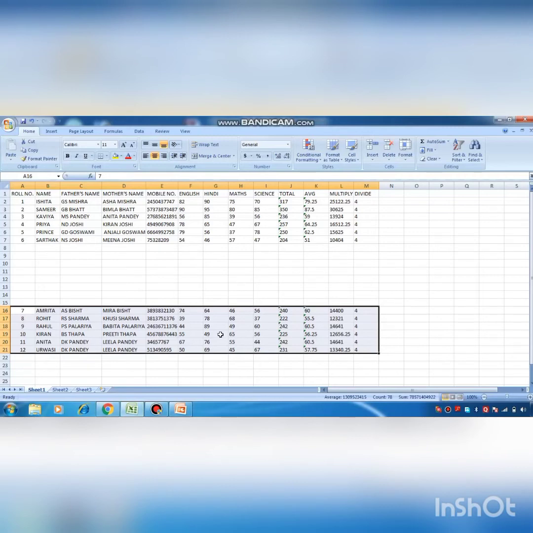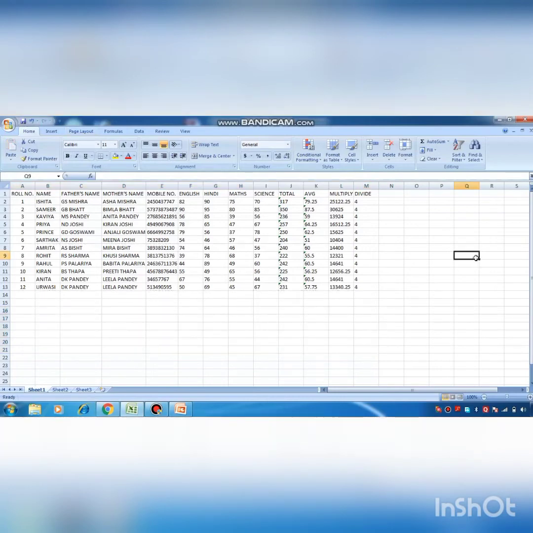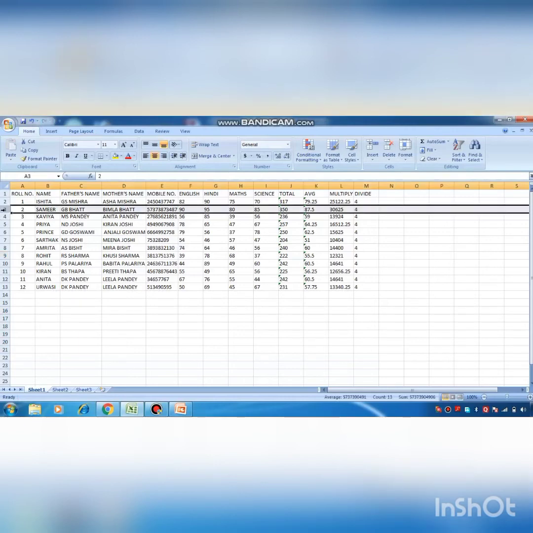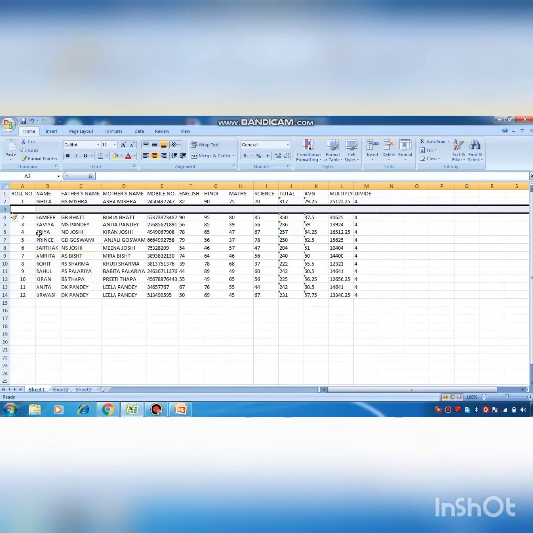Clear? Now the next topic is how to insert a row or a column in the worksheet. If I want to insert a single row, I just click on the row and right click on Insert. Clear?